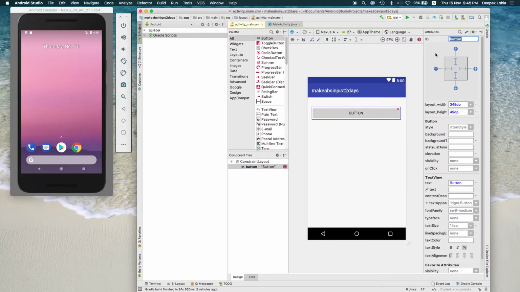Let me give an ID to it, day 1 btn. So this is my day 1. Let me put it better, day 1 btn. So this is my day 1 button, which I will click and I'll see a page. And then the text of this button, you can